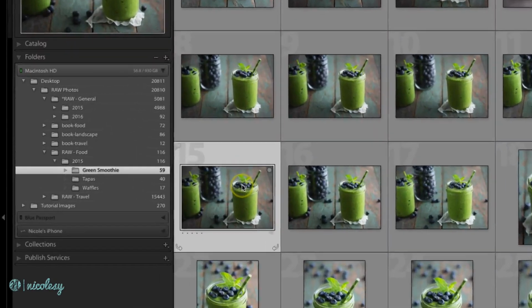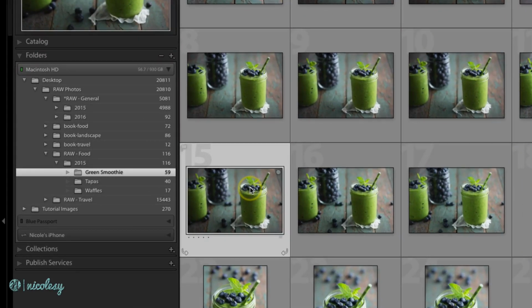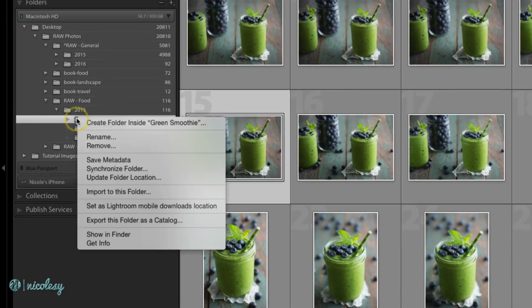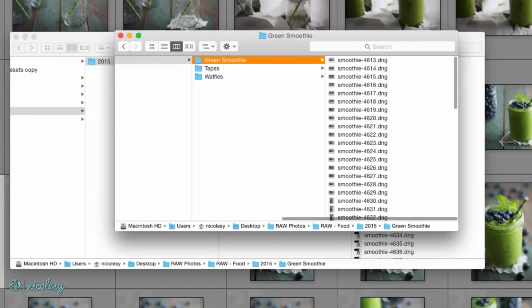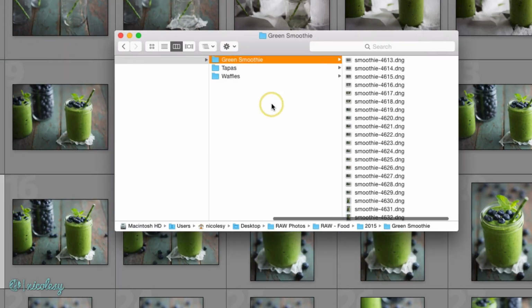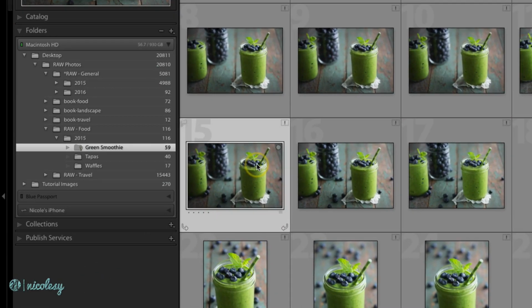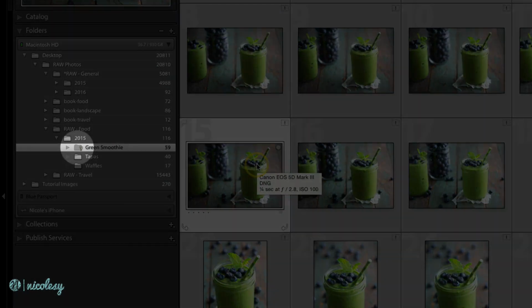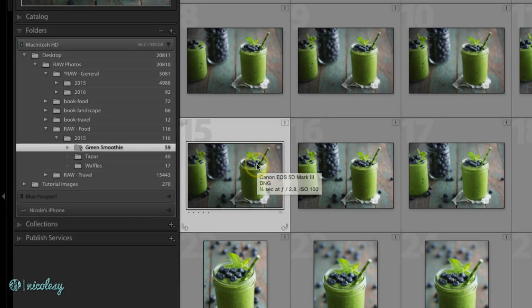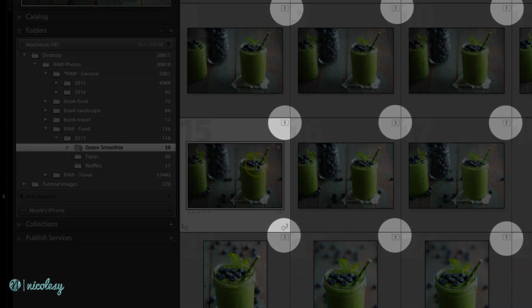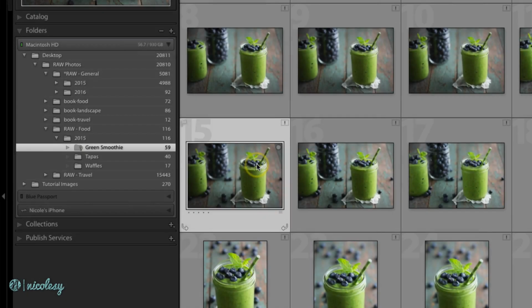The Folders panel is a reflection of how your folders and photos are stored on your computer or your hard drive. You can go into these folders and view the exact same images and folders that you see in your Lightroom catalog. But if I were to move a folder inside of my file browser and then go back into Lightroom, now Lightroom doesn't know what happened to that folder. I also have exclamation marks on each image because it can't find the images. It's not where I told it that it was when I originally imported the photos.